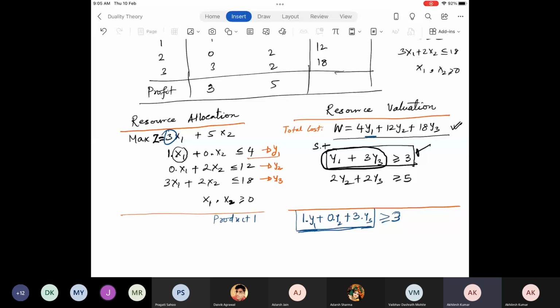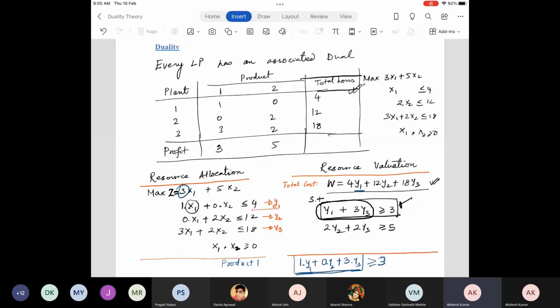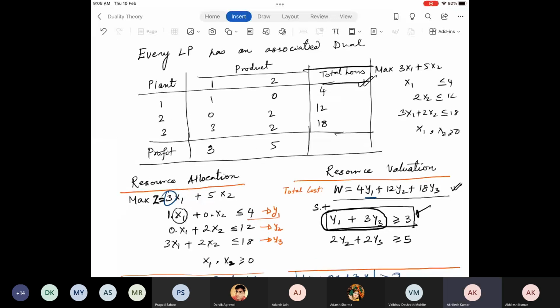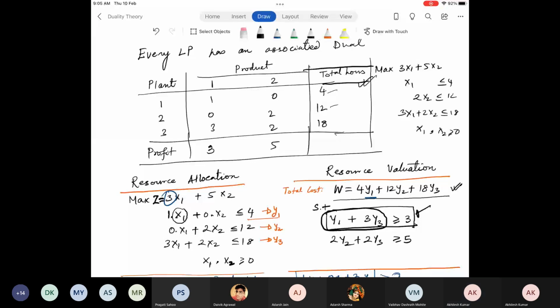Suppose you own this company and you have resources in different plants. Resources, at least for this problem, we are explaining in terms of total hours. So you have 4, 12, and 18 hours of resources in each of the plants. Now you decided, how do I allocate these resources to maximize my profit? Is this clear? So first, you allocated these resources such that you can produce the maximum of X1 and X2 to